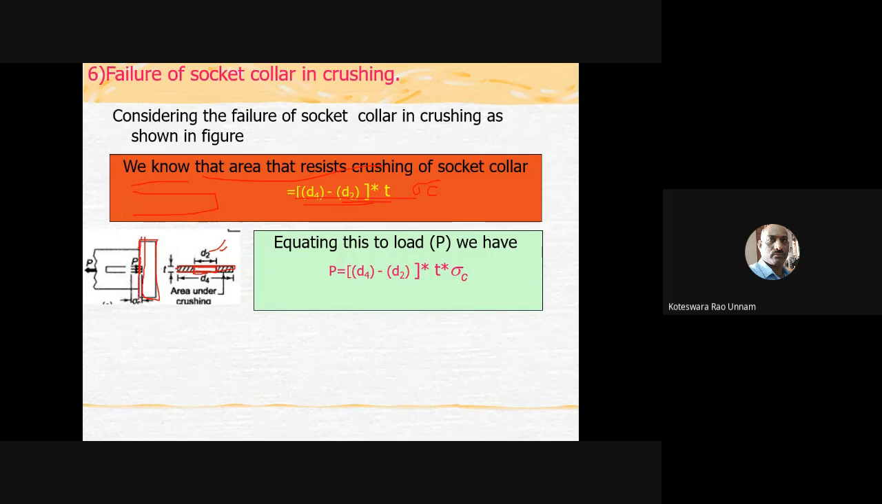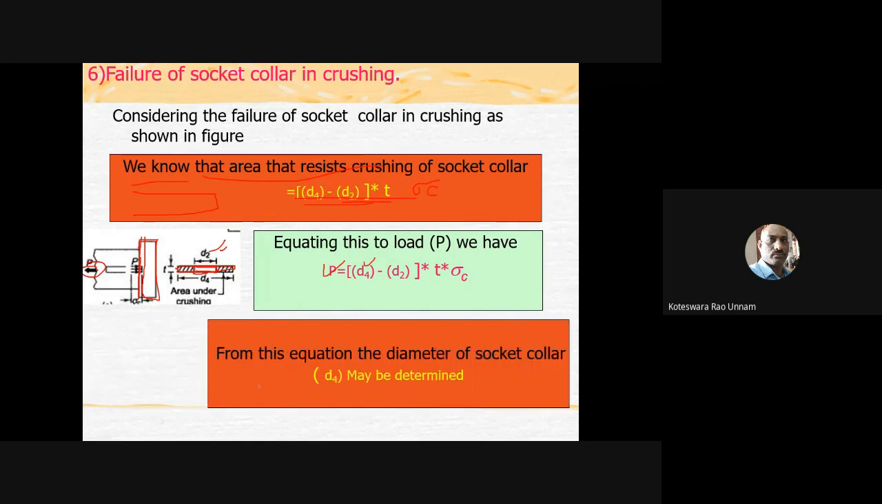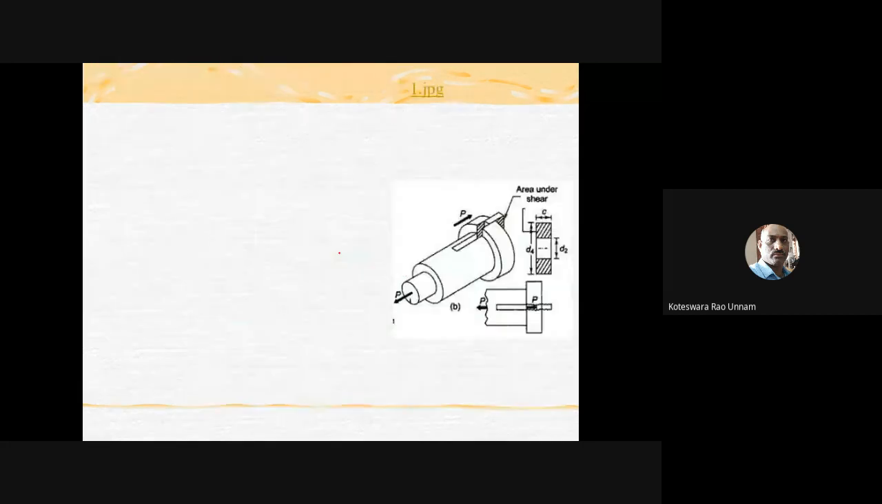the socket collar, and you need to equate that to the applied load. The applied load here is again P only. So from this you will get your D4 dimension. D4 can be determined using this relation because we already determined D2 and T. So using this relation we can find out the D4 value. Then